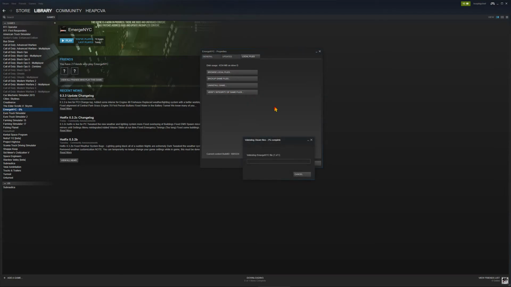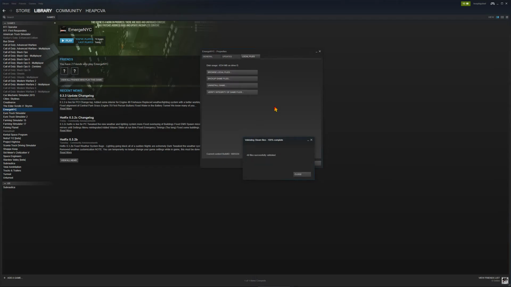So if I click on that, a little screen pops up, and unless you have some massive game file on here, it will verify and validate these files pretty quick. And what it's doing is it's checking the files that are on your hard drive against what it has in their version of the cloud, to make sure that they relatively match. Is it 100%?